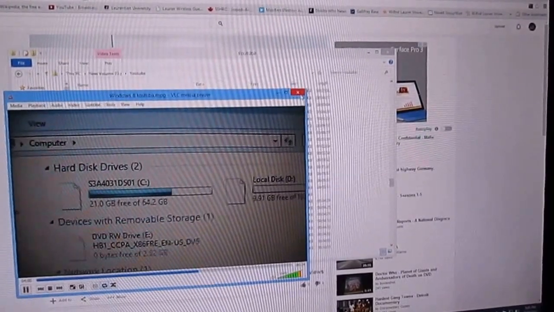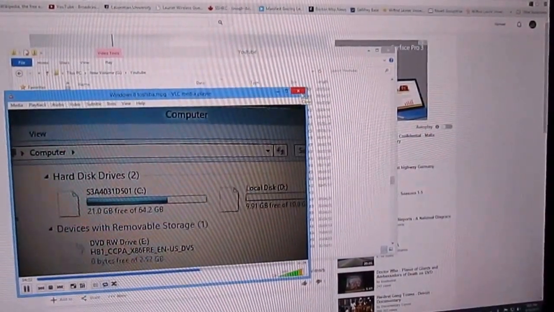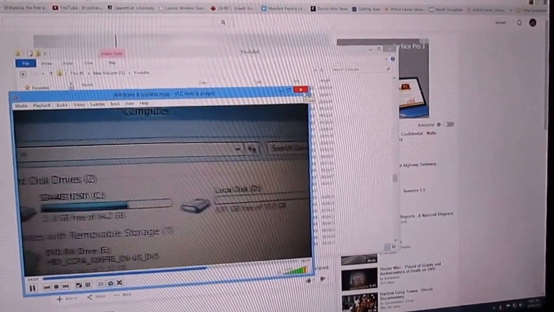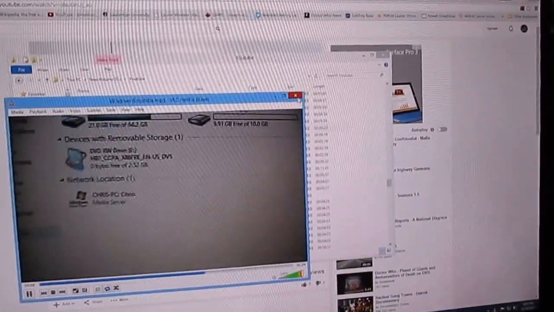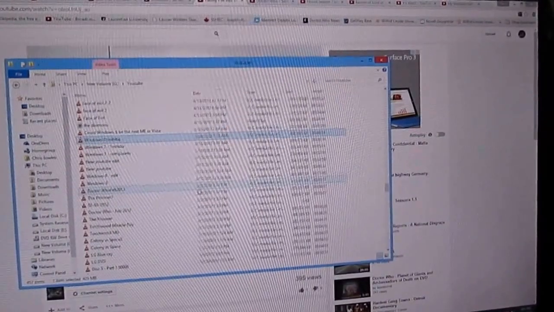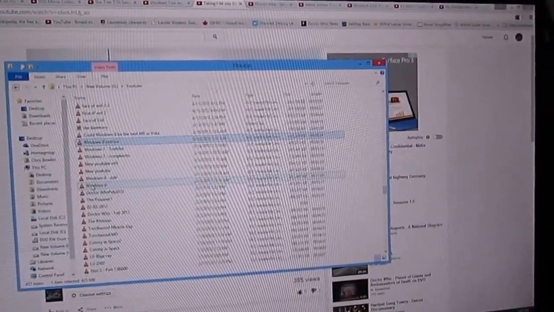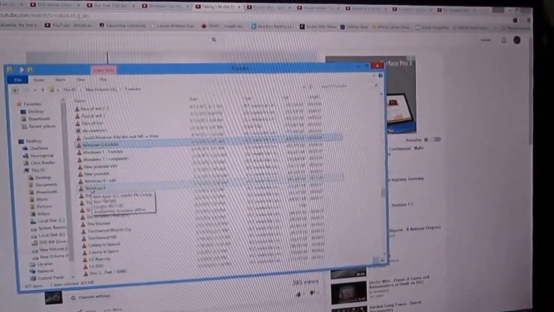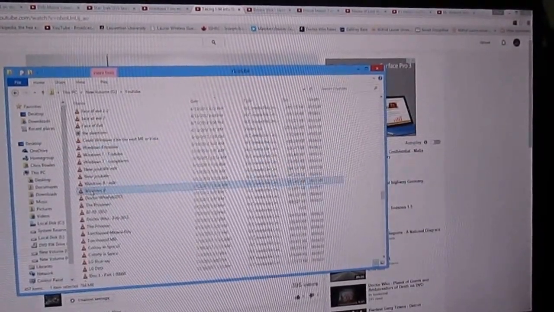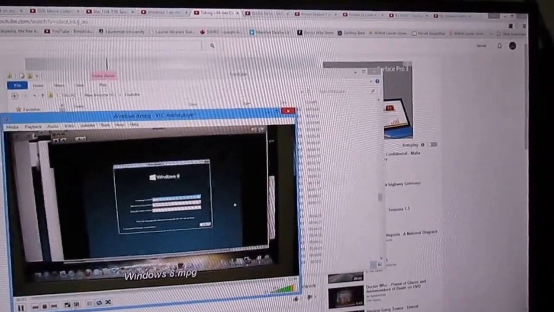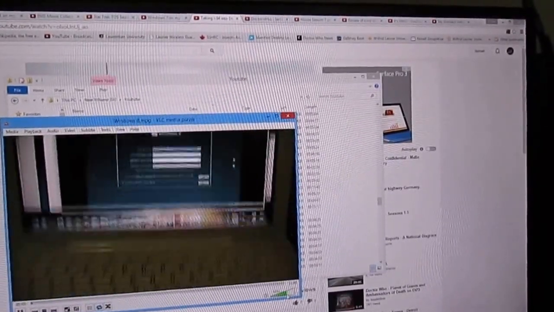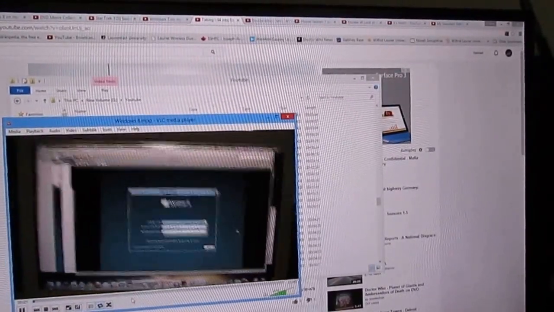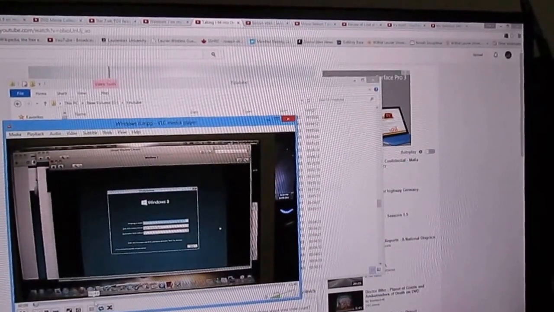So this was the edited file that was encoded using Roxio, and by this point, it just would have been standard def MPEG. Now, what I did with the Windows 8, there are actually a few different videos that were put together, but this is actually the original file where I just captured a bunch of stuff at the same time. So this is the original capture file, so this was captured MPEG.